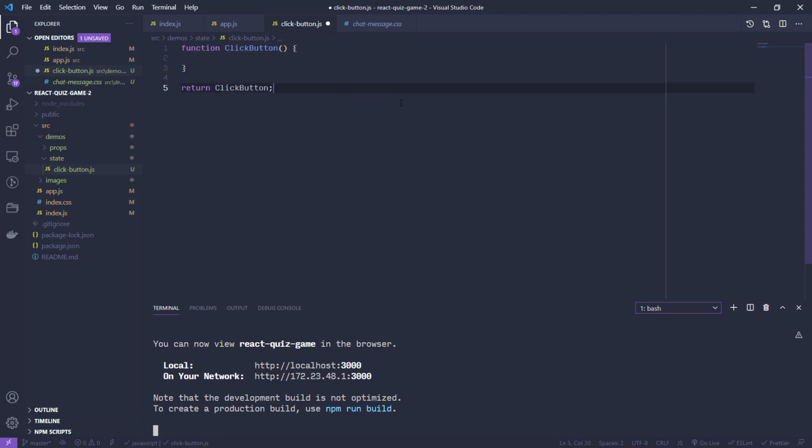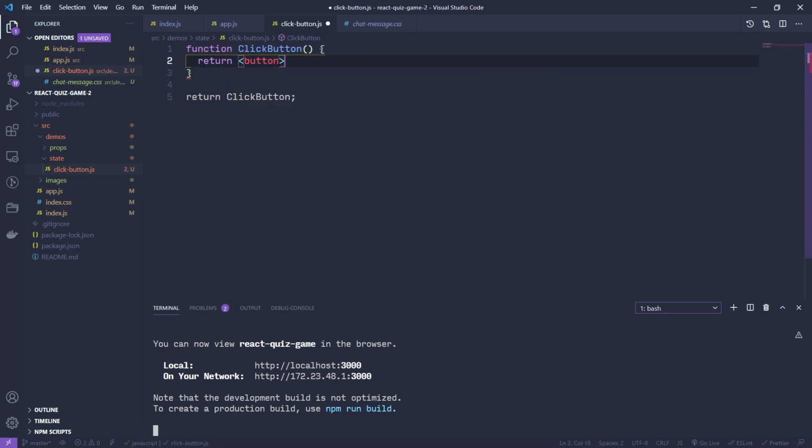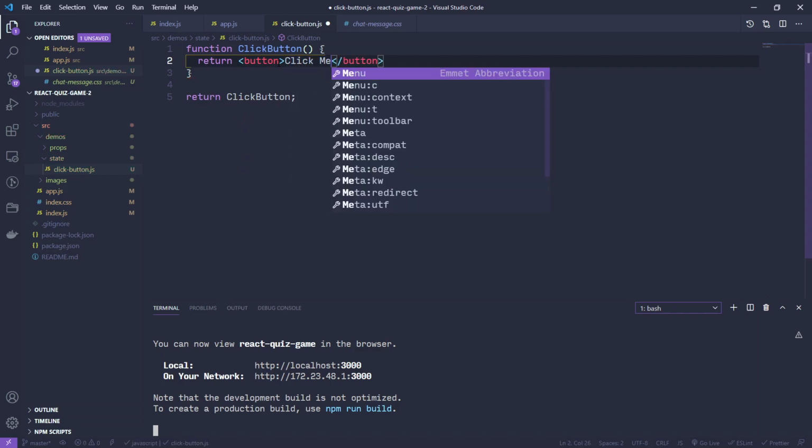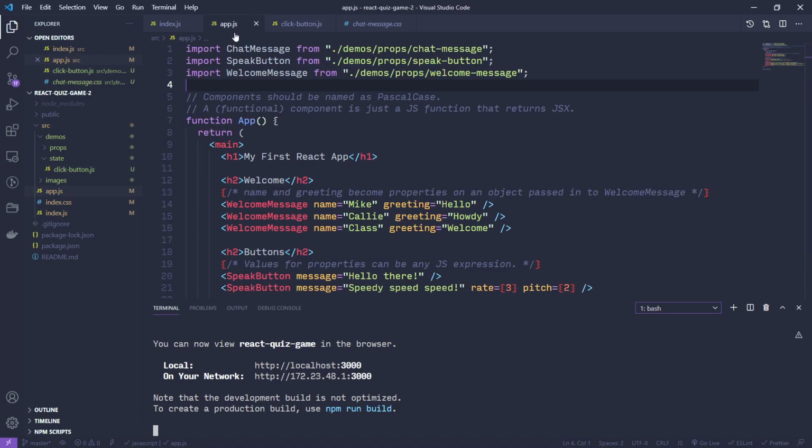And let's zoom in here. Let's just have this return a button that says click me. So to make sure that this is working, I'm going to flip back over to my app, and I want to,